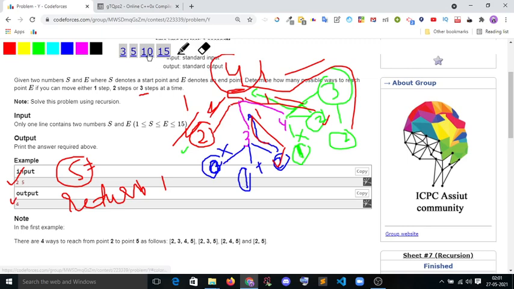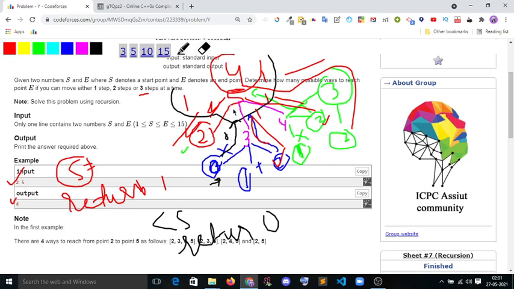The second observation is that if it is less than start, you should return 0, because it will never be our path. If you return 0, the addition will never be affected, since 1 plus 0 is always 1. So return 0 if less than S. This is our base case.